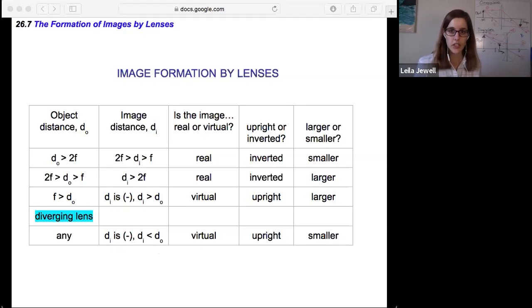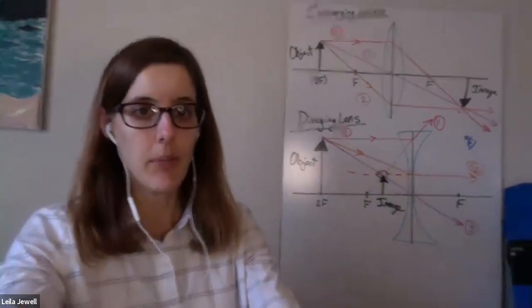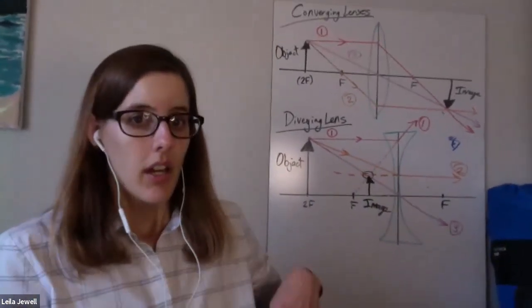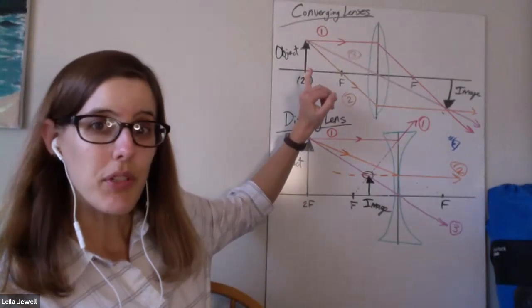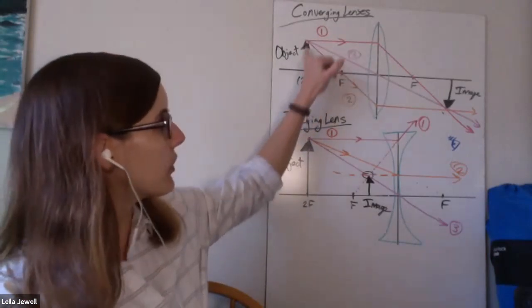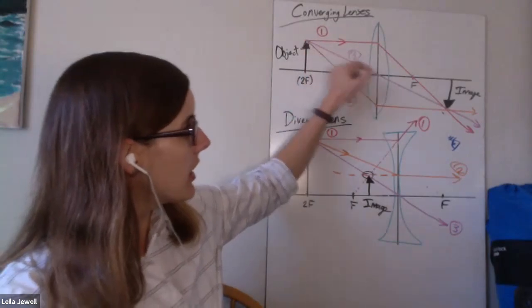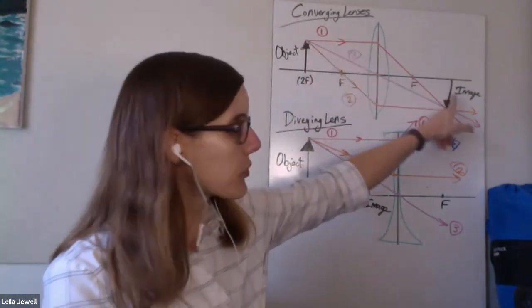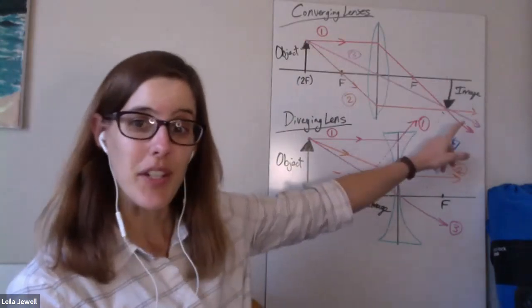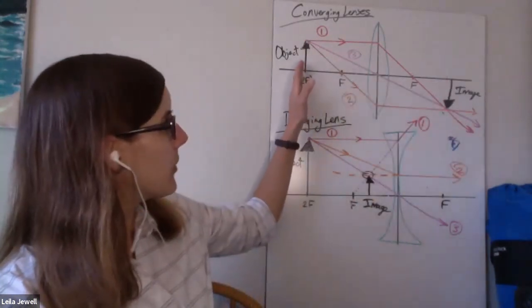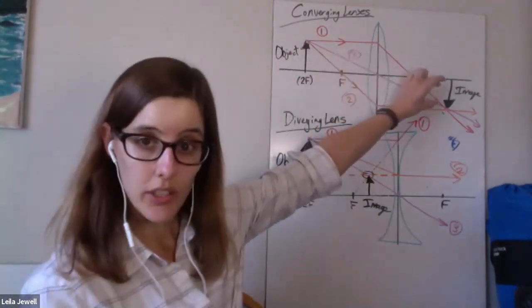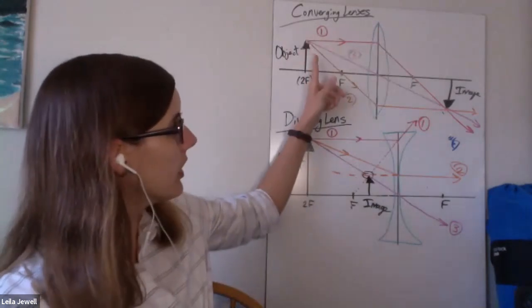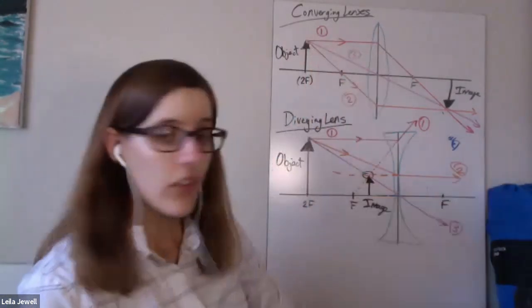And we can double check these by looking back at our ray diagrams. So I still happen to have those up here. And we can check, right? So I placed my object at actually an in-between case, 2 times the focal point. And because it's right on 2 times the focal point, focal distance, it produces an image that's almost right on 2 times the focal length and almost the same size. But if I had moved it a little bit farther, then it would have produced a smaller and closer image. If I had moved it closer, then it would have produced a farther image